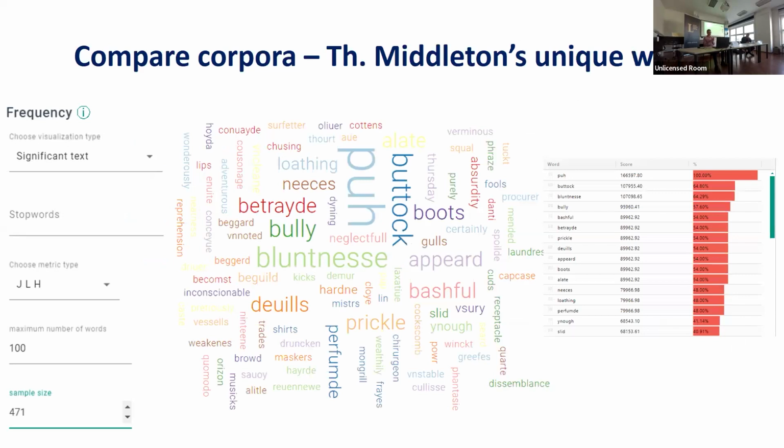Okay, and now I would just like to illustrate some of the textual analytical features of AVOBMAT. You can, for example, identify the significant words of a subcorpus, for example, the writings of Middleton. You can identify the unique words characteristic of that given author according to 4 different metrics. And we have a visualization as such, a word cloud with the characteristic words of these authors, but we also have the statistical data behind the visualization that you can use for further analysis.